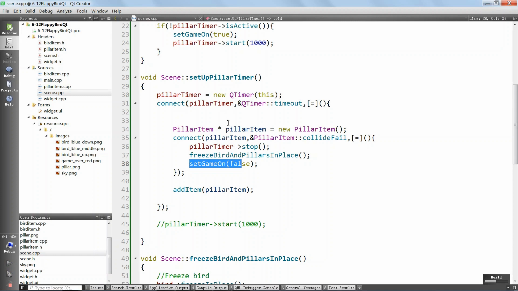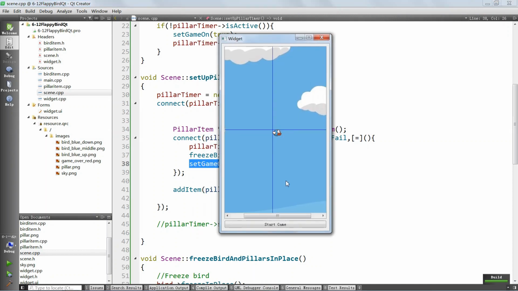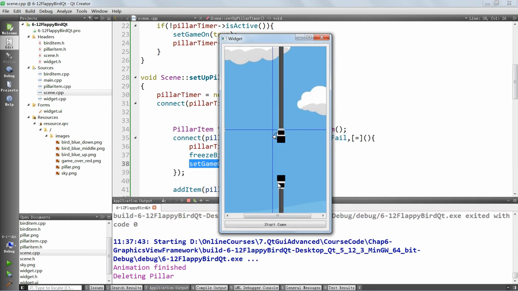Let's try and see what we get, because some of these things, you need to see them to understand them. Okay, we have the application here. We can run it. It's going to run, and we're going to have pillars. But once we hit one pillar, we're going to stop the game. We can start again, and you see that we hit another pillar. We start the game again, and we hit another pillar. We start again,